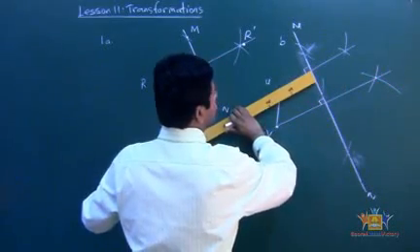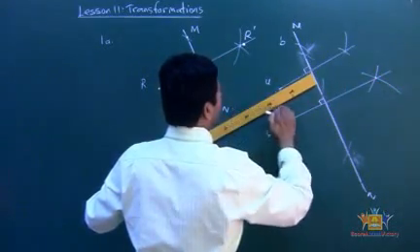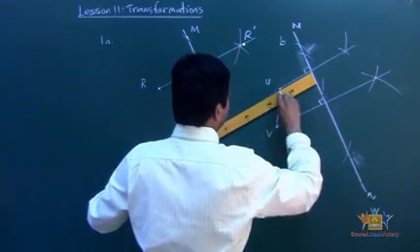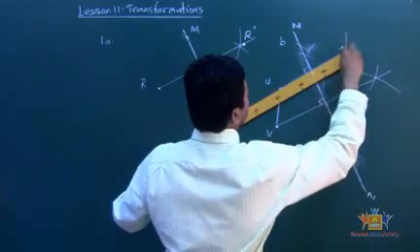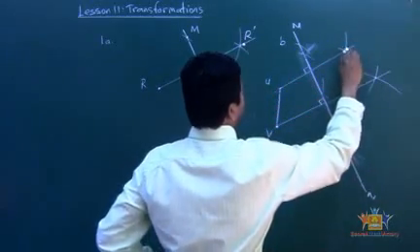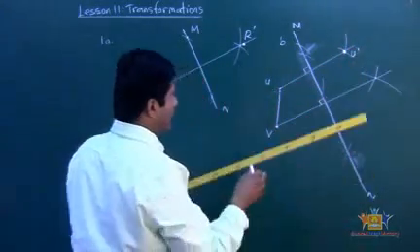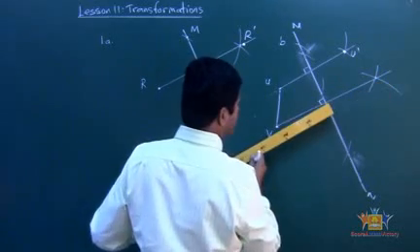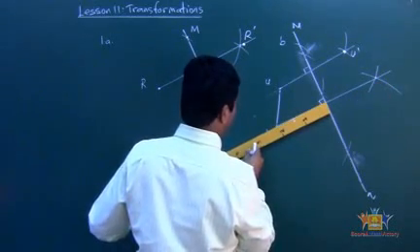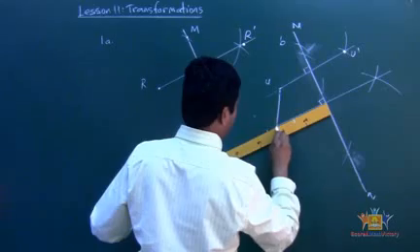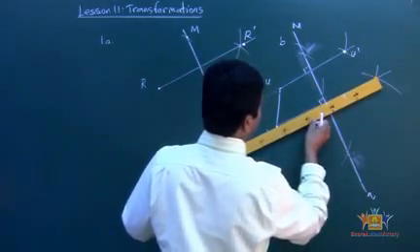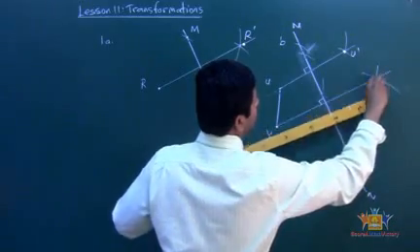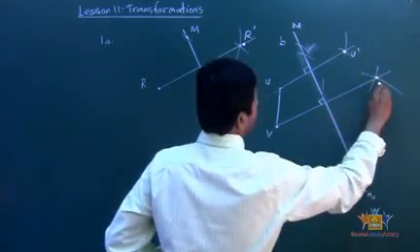Let's see, it's right there, and then it falls right there. Then we go back here, we measure it, same thing right there, and that's the point right there. That's my U image. Now let's find V image. We'll measure it again. From there, it comes to right here. So I'm going to come up here, right there, and that's my V image.